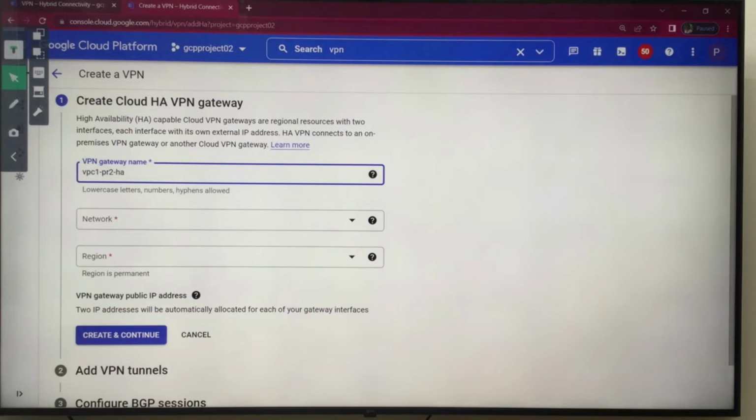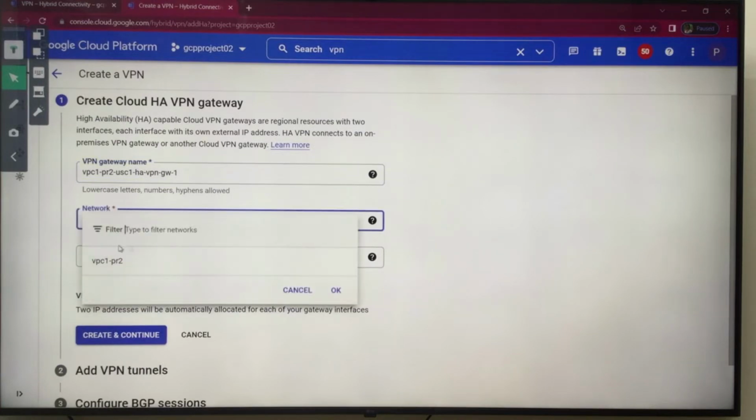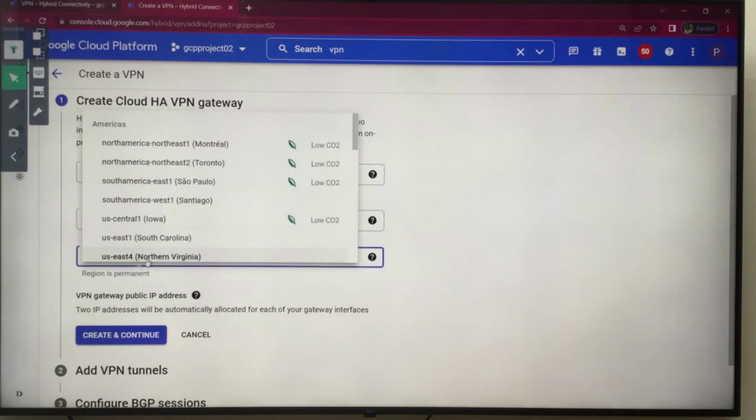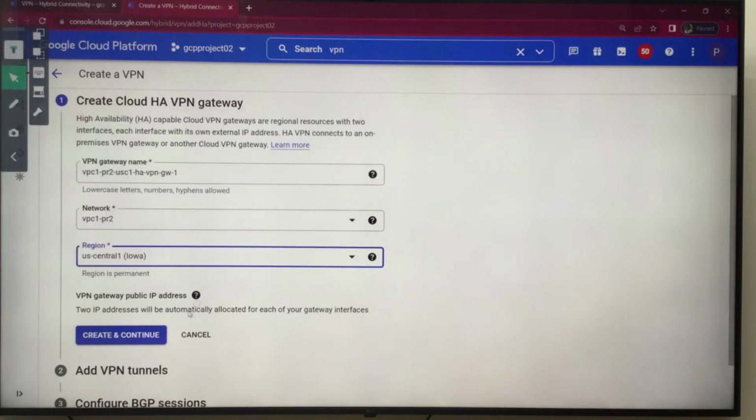PR2 HA VPN gateway 1. Do one thing, add US Central 1 to the name as well. For the network, select the VPC1, PR2, region US Central 1. Perfectly fine. Then go and create and continue.